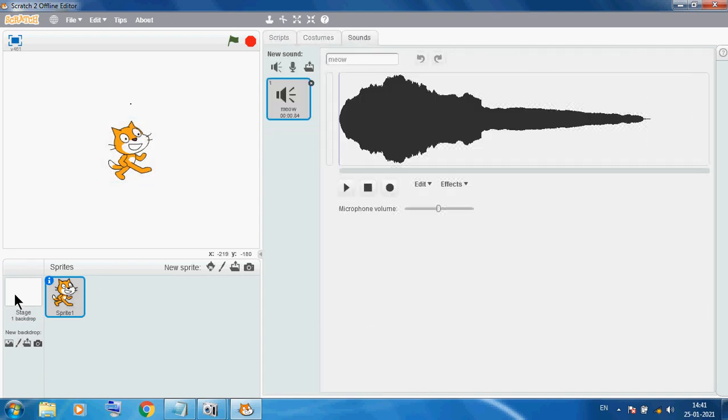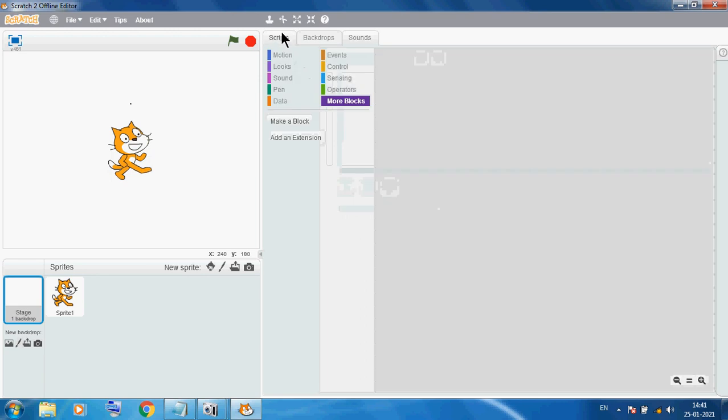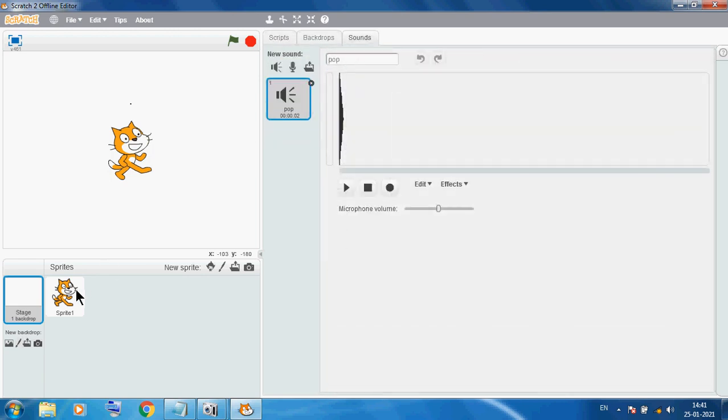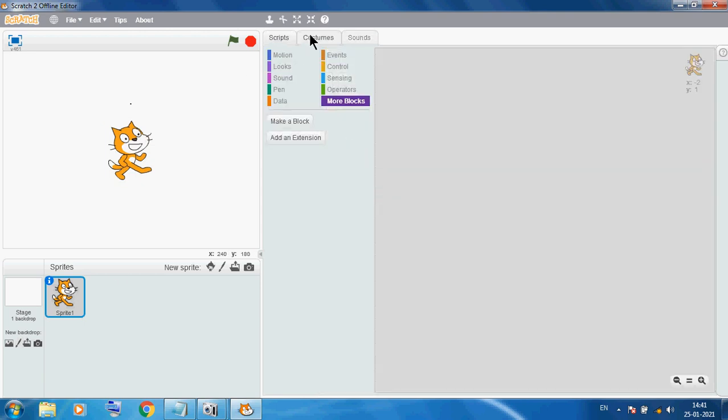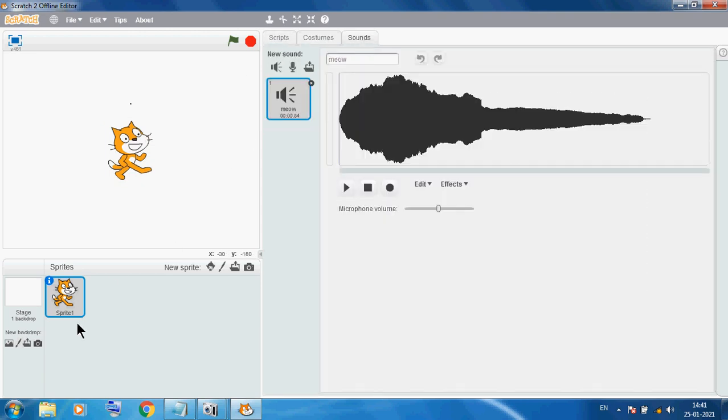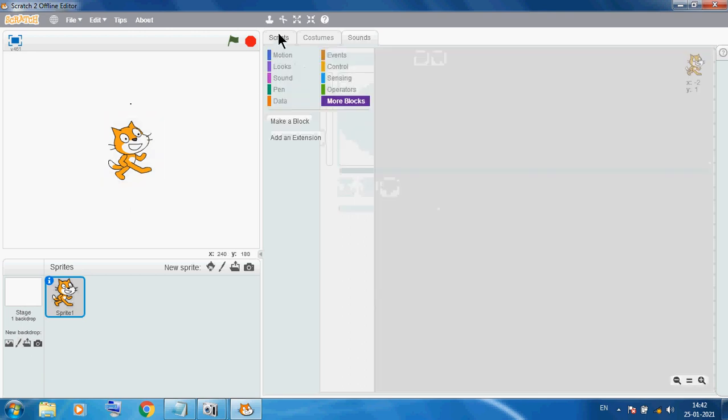Keep this in mind. First we select the sprite and we can use script. Now this is our script area, which we already discussed.